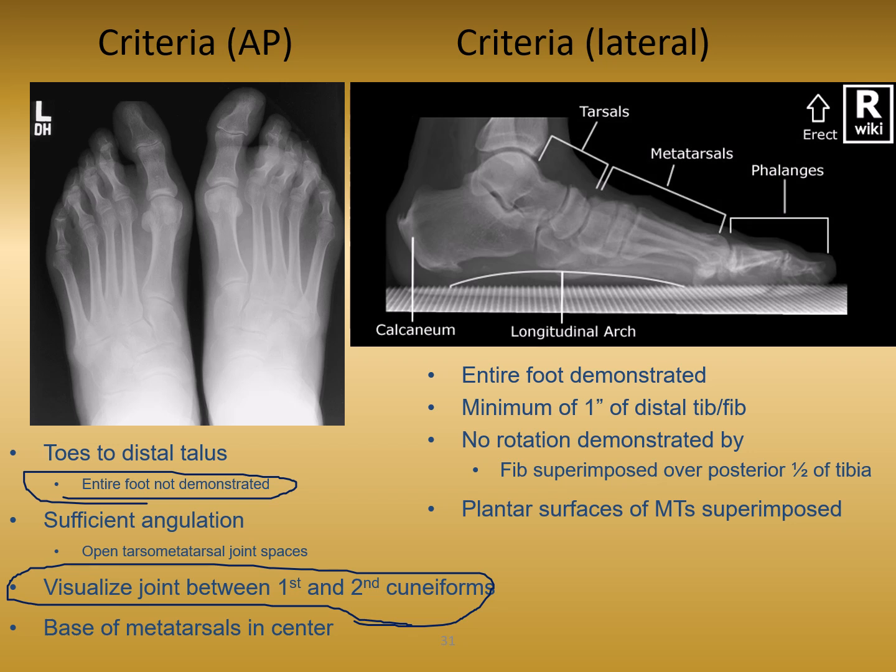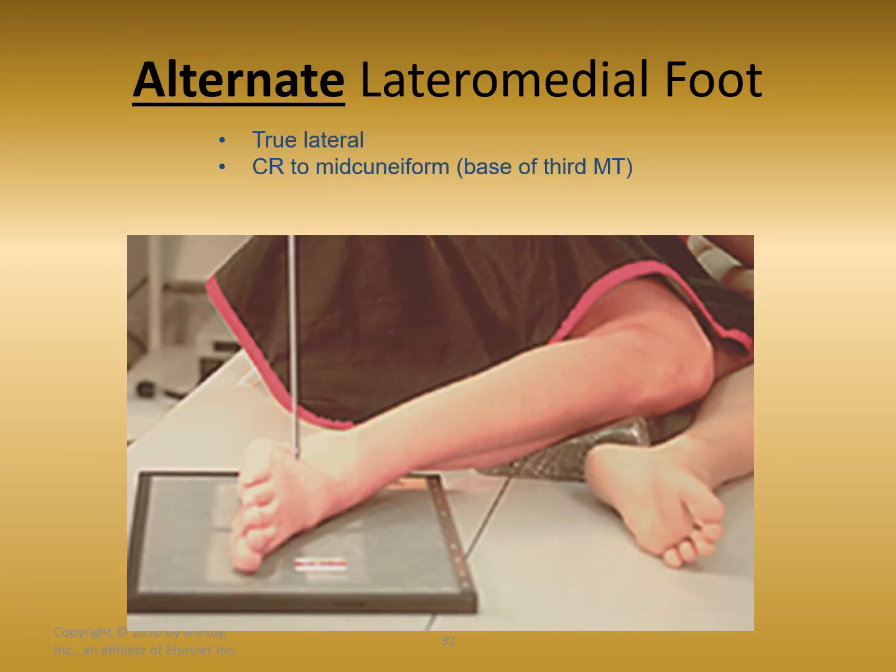So remember, the AP is for the transverse arch, the lateral is for the longitudinal arch. And for the lateral, the criteria is exactly the same as a lateral foot. Okay, the alternate lateral medial foot